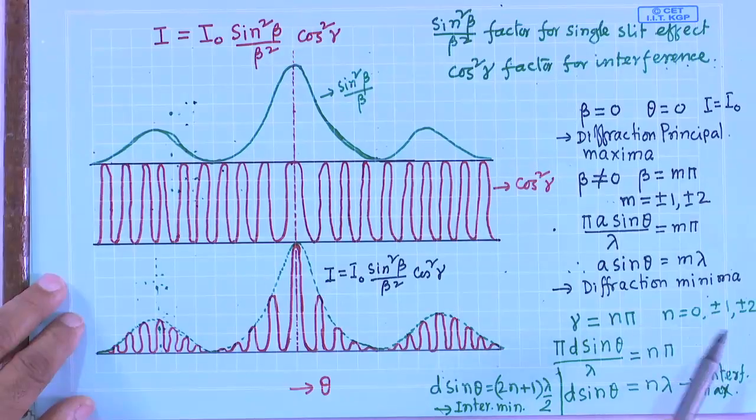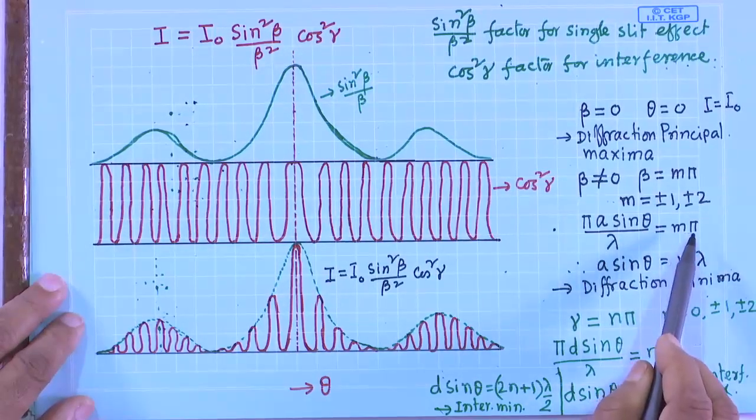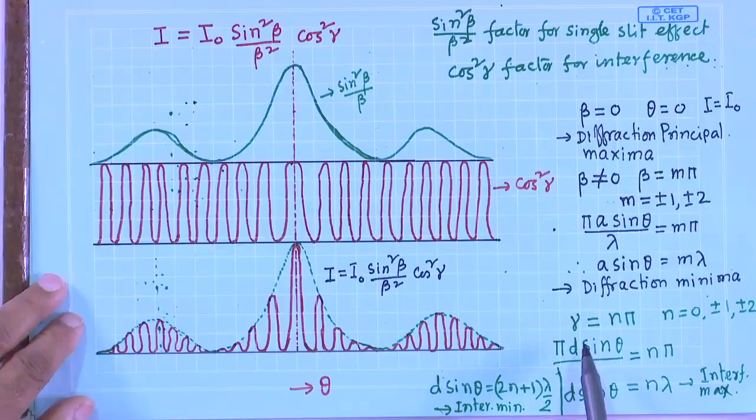Okay. So, this is gamma equal to n pi. This is the cos term. Whatever it was for the sine term, m pi, for sine it will give minima. So, that n pi or m pi for the cos term will give maxima. So, this is the condition, gamma equal to n pi, that is the condition for the